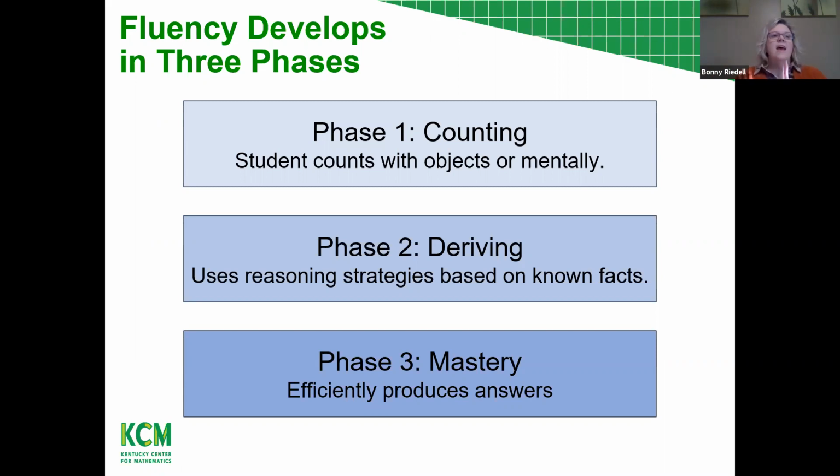So let's think about a student in that deriving phase. They've moved on from counting, they're into their additive thinking, they're thinking about bigger chunks. How might they solve 7 plus 8? And just to clarify, a strategy they might use to solve 7 plus 8. Bonnie, they may use make a